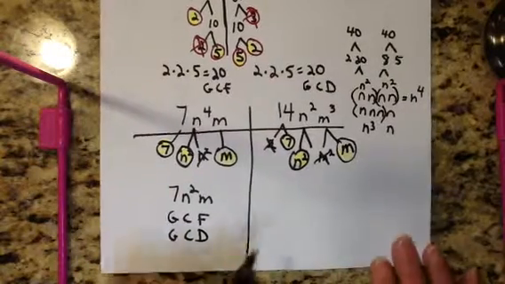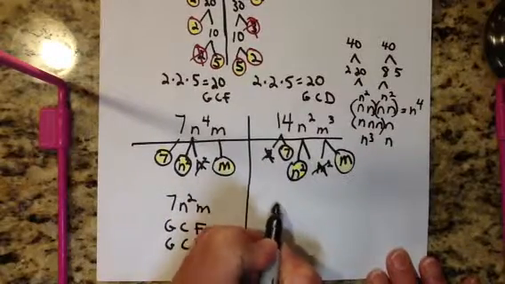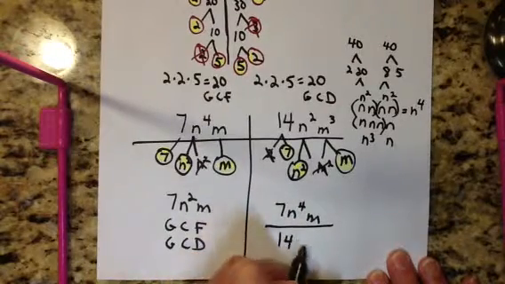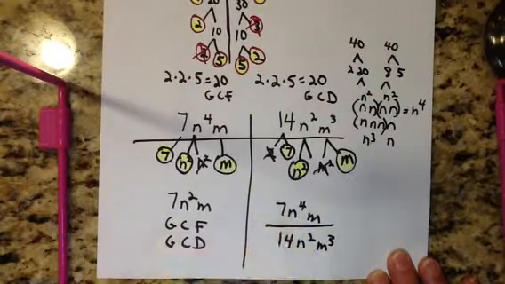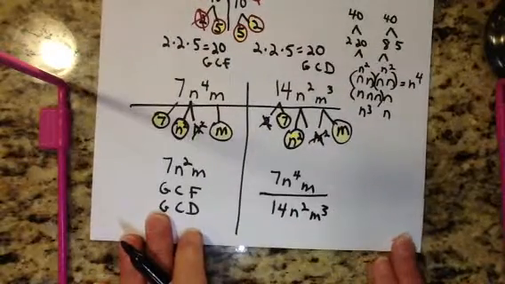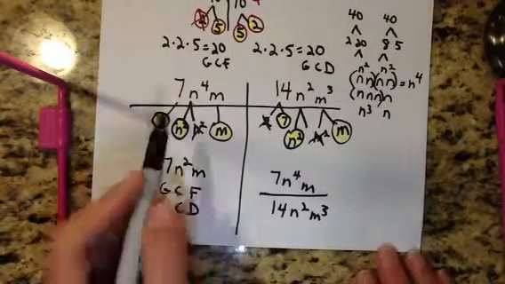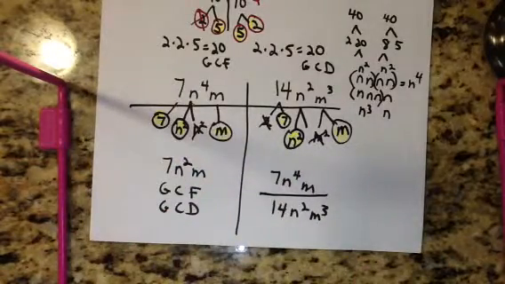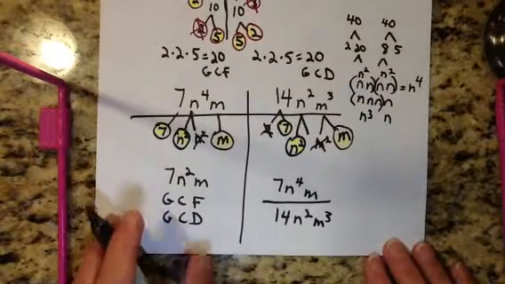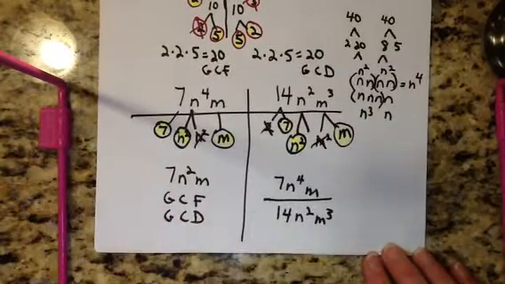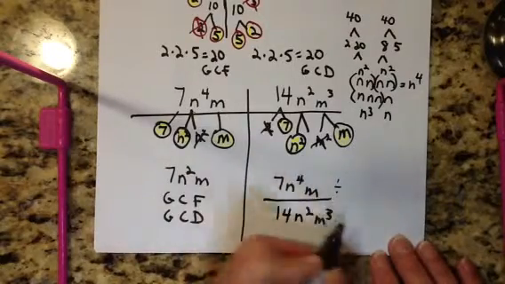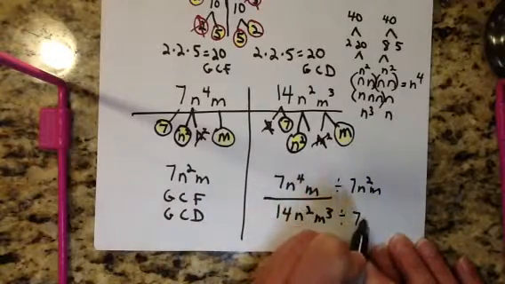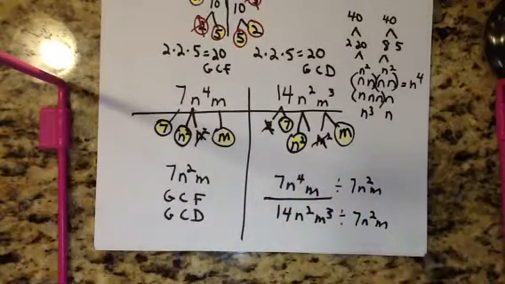So later on, if this were set up like a fraction, and I was asked to reduce this, well, I could set up like this and do this technique like I did, or later on you'll learn another technique for how to reduce this, but for now I could say these would be divided by 7n squared m, 7n squared m,